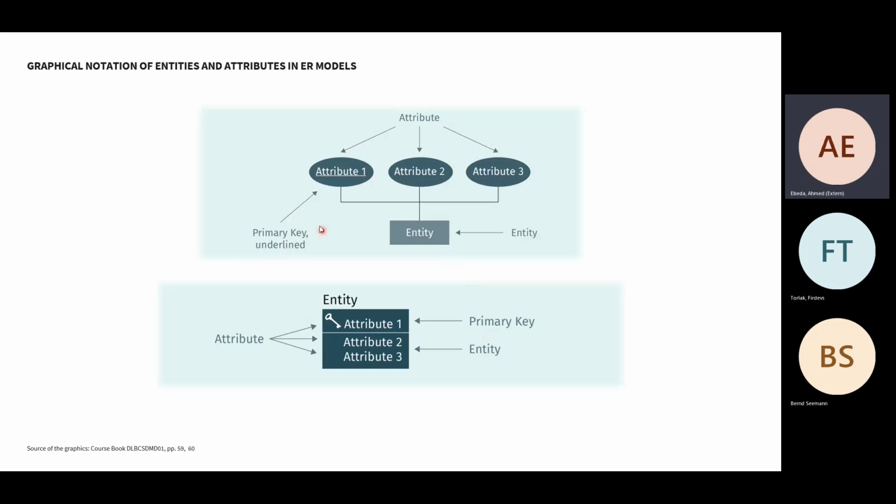Like if you have attributes, you can draw them like in a circle. So it's up to you which school you want to follow in UML diagrams. When you want to design, you can use Martin or Chen. It's up to you. But when you define the school, it's very important to talk to your colleagues in the